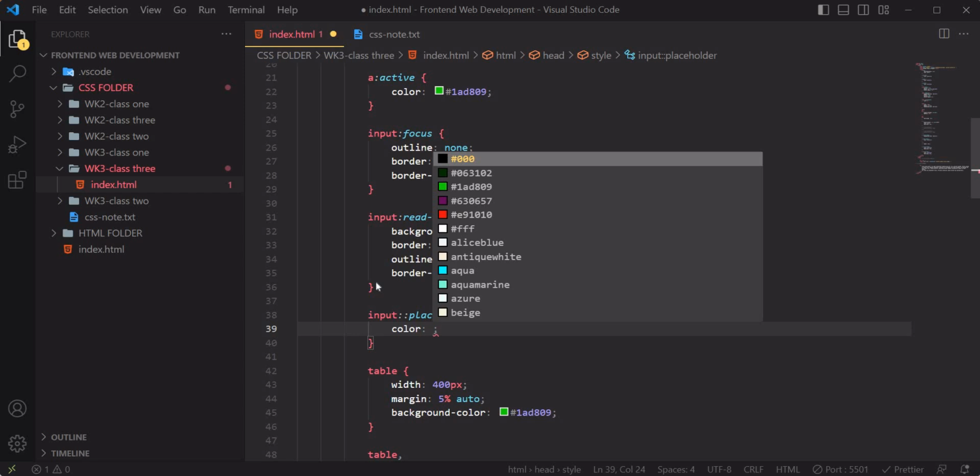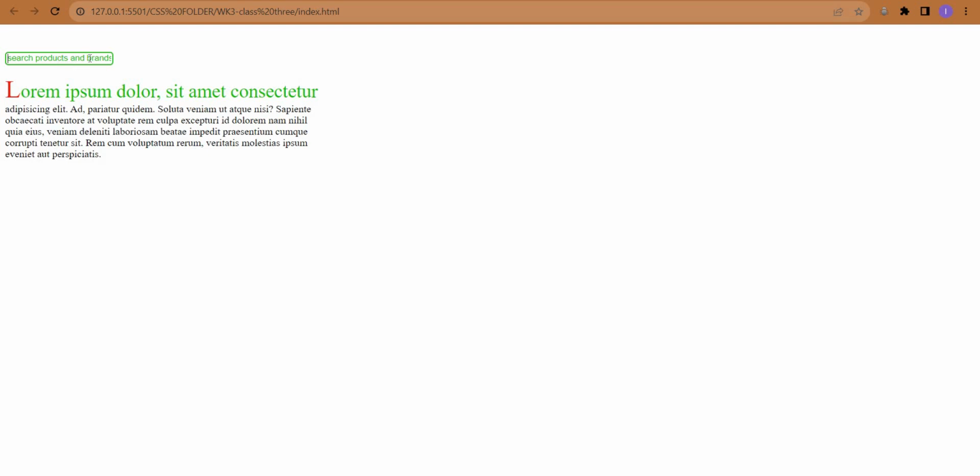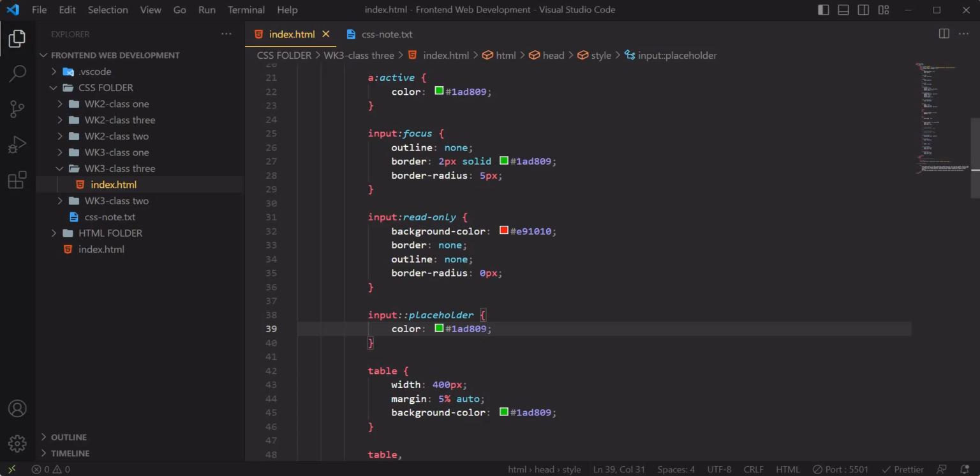I want the color to be, let's say, something like this, and let's save and look at what we have. Can you see it? That's it here. So that's that. So we also have